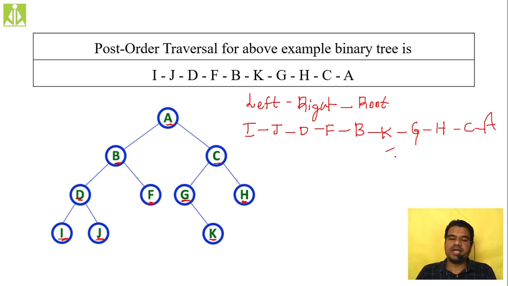So you must get like this. So after visiting A, for this A, we have visited left B, right C and root A. There is nothing as the parent node. So we are stopping our process here itself. So in this way, you can remember all the three different processes, left, right, in order, pre-order and post-order traversals.